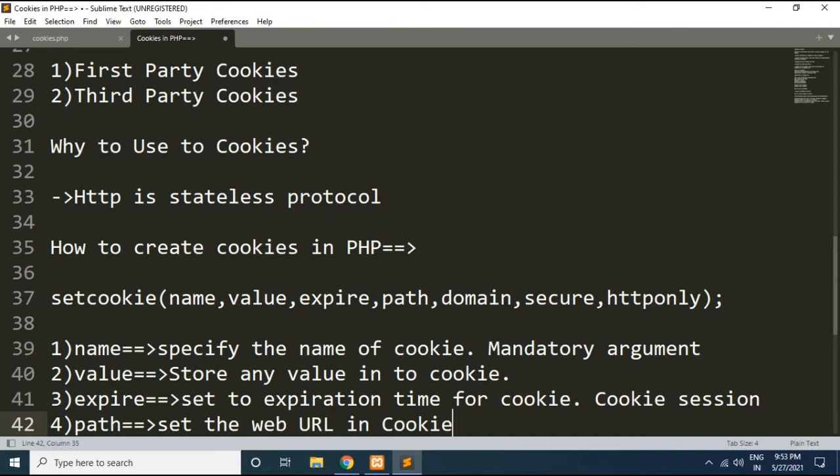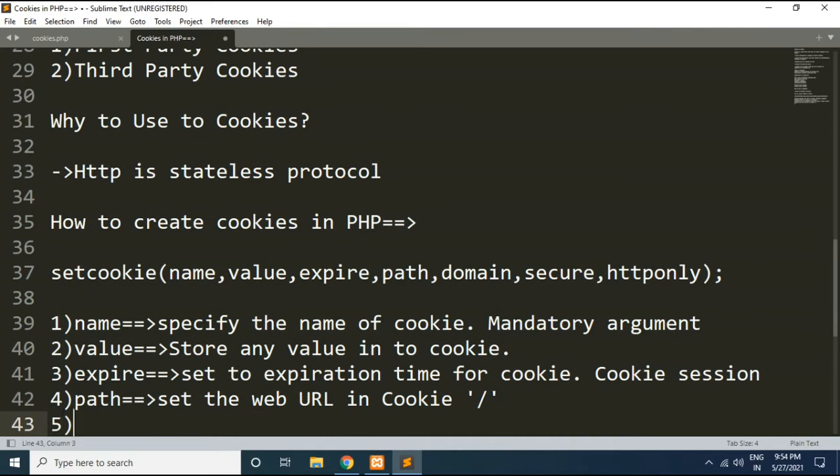To make the cookie accessible for the whole domain, we can specify the path value as /. Next argument we have is domain. This argument basically specifies the domain of the application. You can also use this domain argument for limiting the access of cookies only to subdomains, so no other domains will be able to access it.